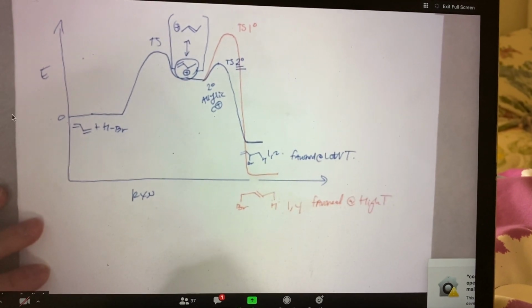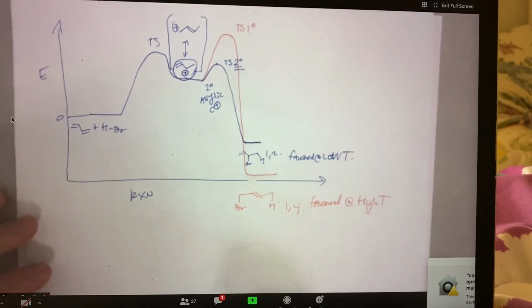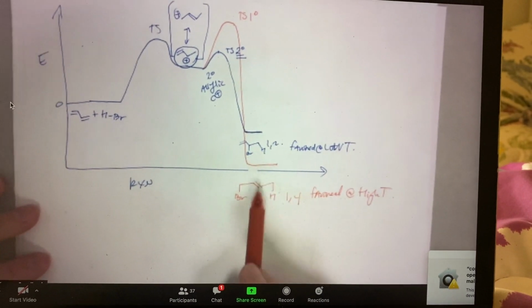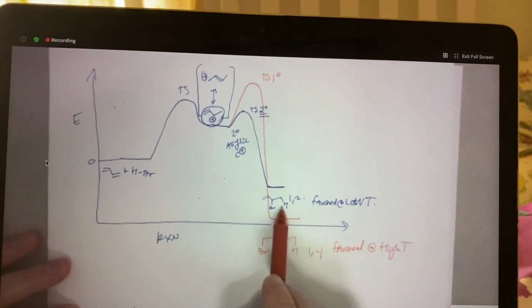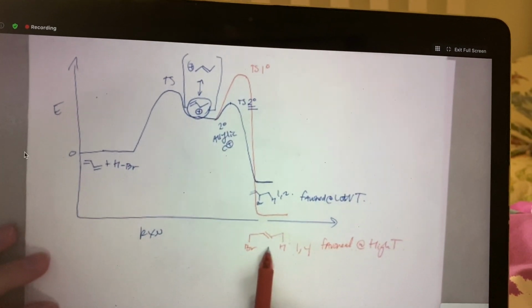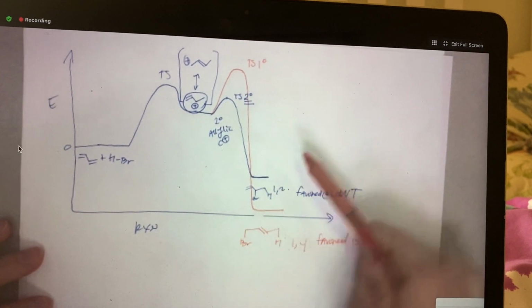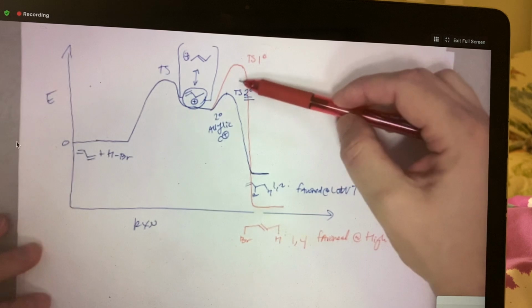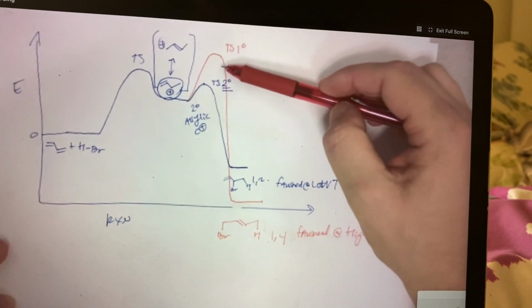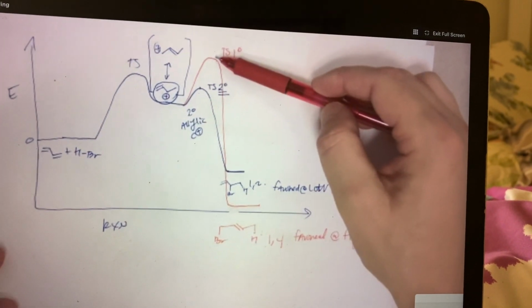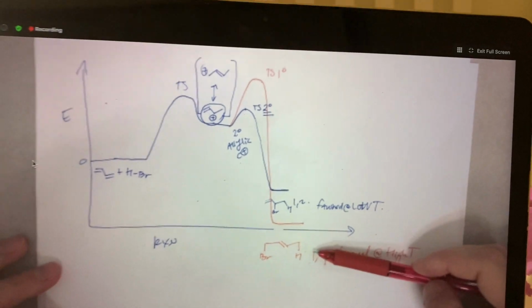At high temperature, the only thing that determines the outcome of the reaction is the stability of these two products. And it turns out this is more stable than this one. This particular alkene is more stable than this one. So even though these transition state energies are very, very different, at high temperature we could get over this one or this one. And the higher one is actually more stable in the end because this particular product is more